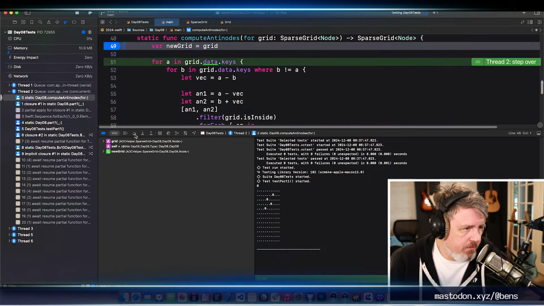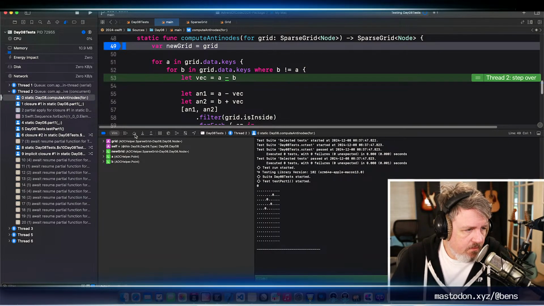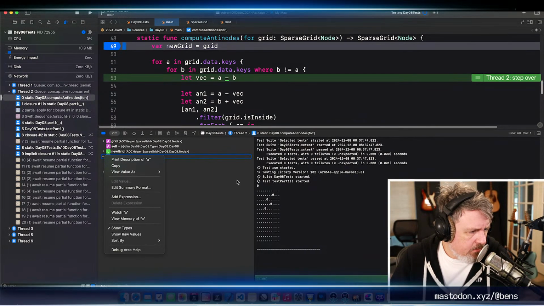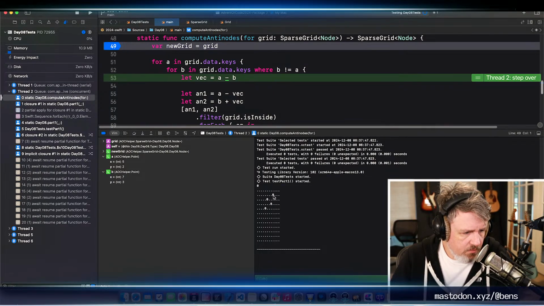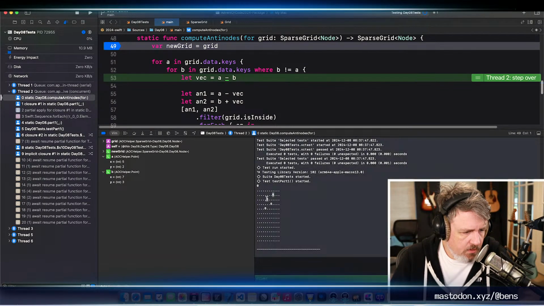All right, so that's our 0 grid. A is 5, 2. That's this one. And B is 7, 3, which is this one. So the distance between this one is 1 down and 2 over. So if I go 1 up and 2 over this way, then I should get an antinode at 0, 1, 2, 3, comma 2.